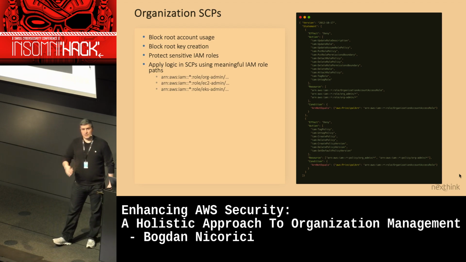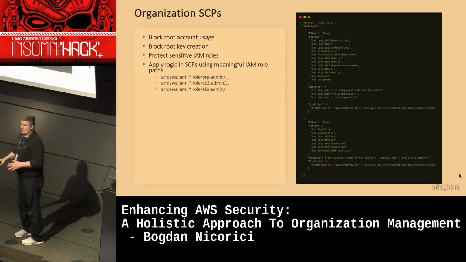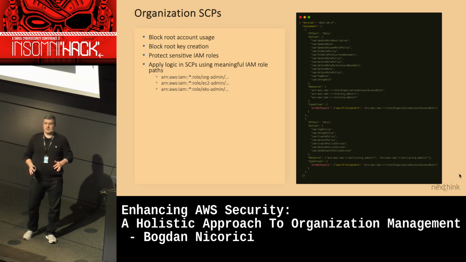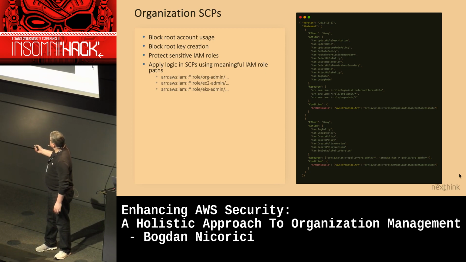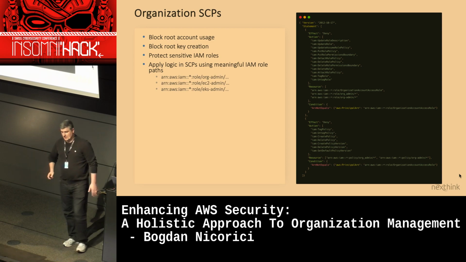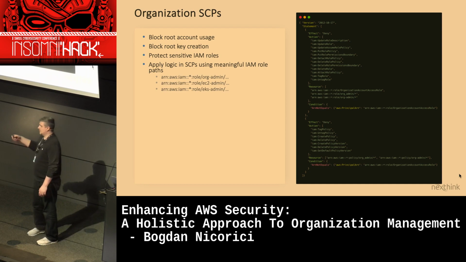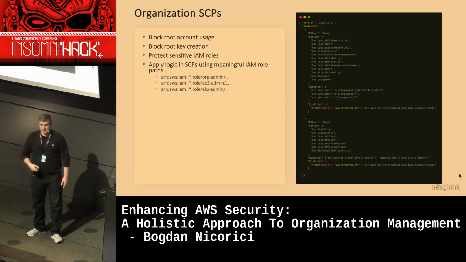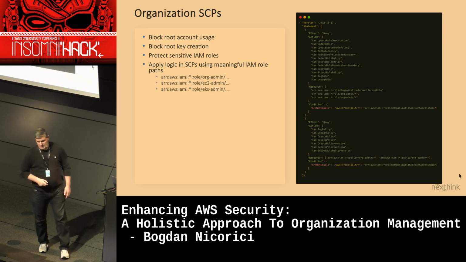So whichever role the security team deploys, regardless in which account, no one, even if they're an admin of the account, will be able to change either the role or the policies that are attached to the role. So that won't be possible, which guarantees that when we make a deployment of specific configurations, permissions into an account, absolutely no one can change them, even if they have admin access to the account.